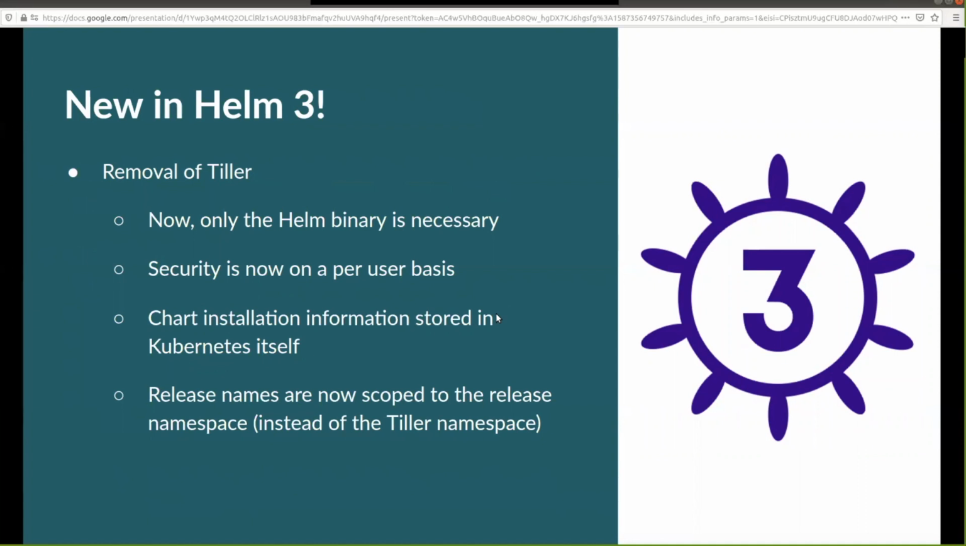So new in Helm 3, only the Helm binary is necessary now. In Helm 2, we had a thing called Tiller, which was the server-side component of Helm 2. It's since been removed because role-based access control, RBAC, was enabled in Kubernetes 1.6. That kind of made it difficult to manage Tiller, and users would get a broad range of permissions they weren't intended to have. So now with RBAC enabled by default, Helm 3 ended up removing Tiller,